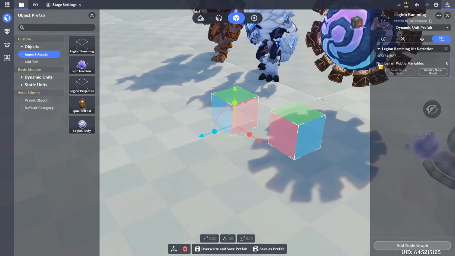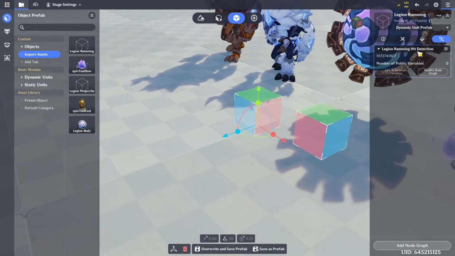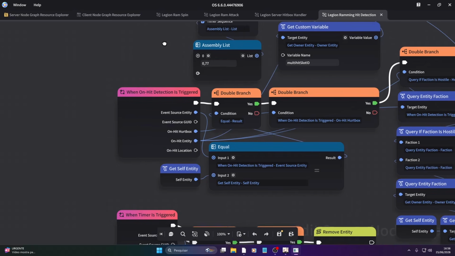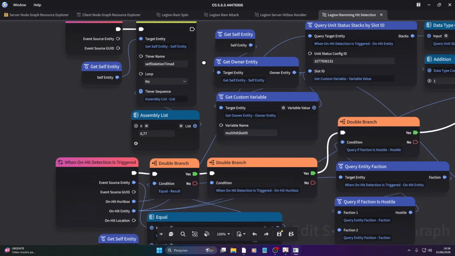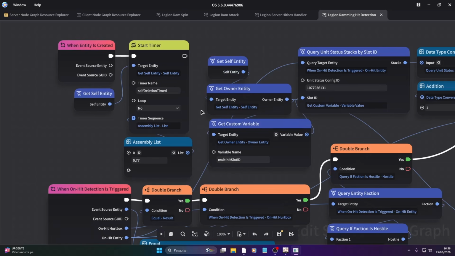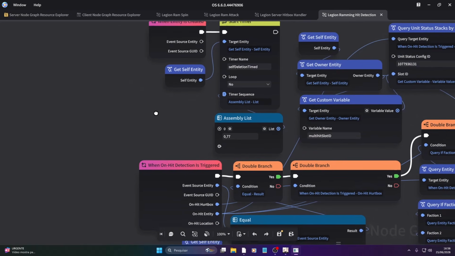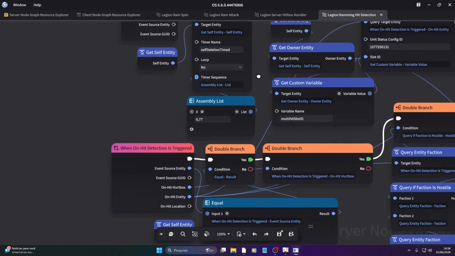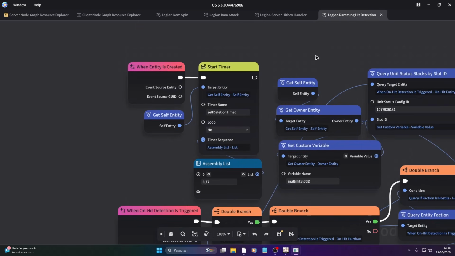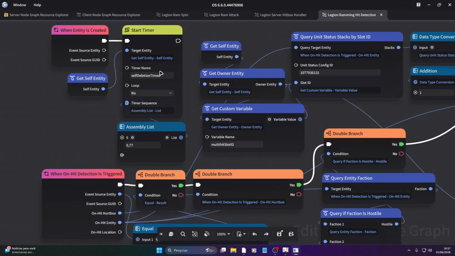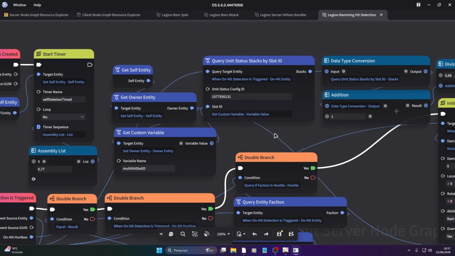It does have a node graph. Now, this node graph is also very simple. It's just doing the ramming detection. And one thing it's doing, while it would be possible on a regular local projectile, it would be more difficult to do. So I've decided to do it here via server projectile, as it actually has some exclusive node-related behavior that allows it to check for certain things that we would not be able to check via a local node graph. The big thing that we're checking here is actually a unit status, because for this attack in particular,